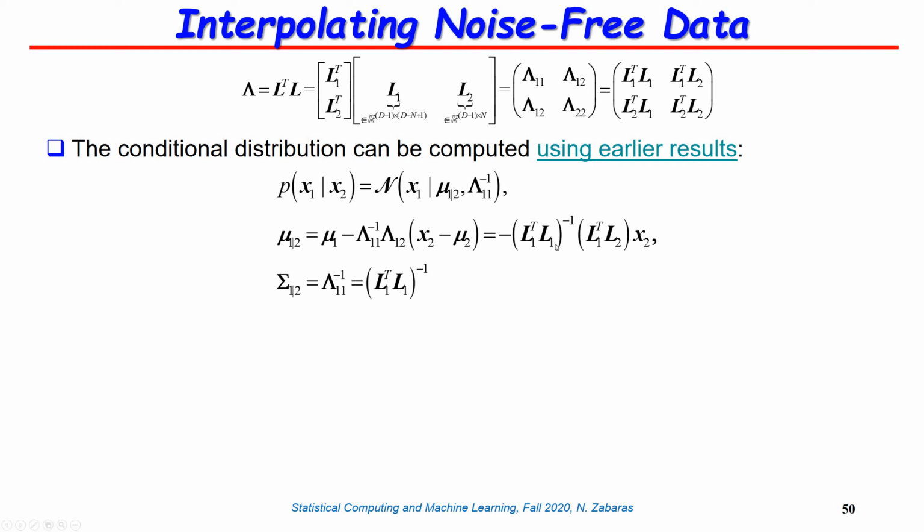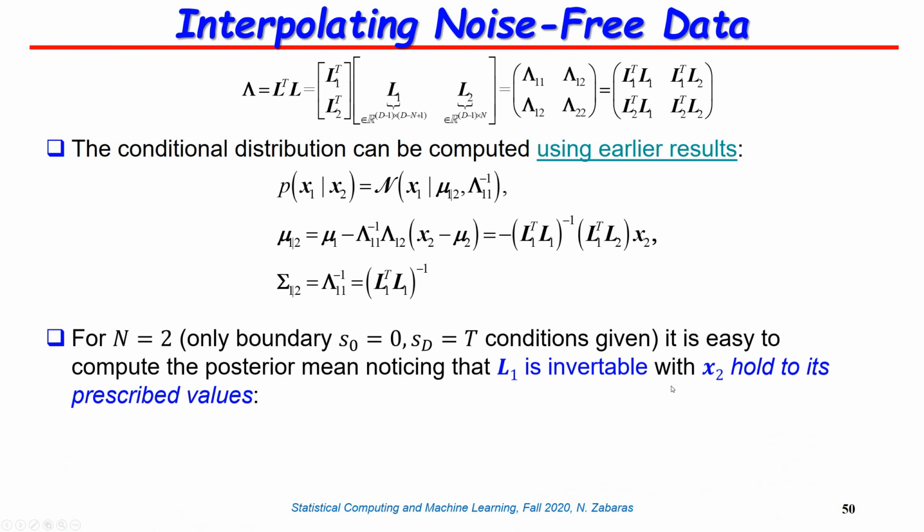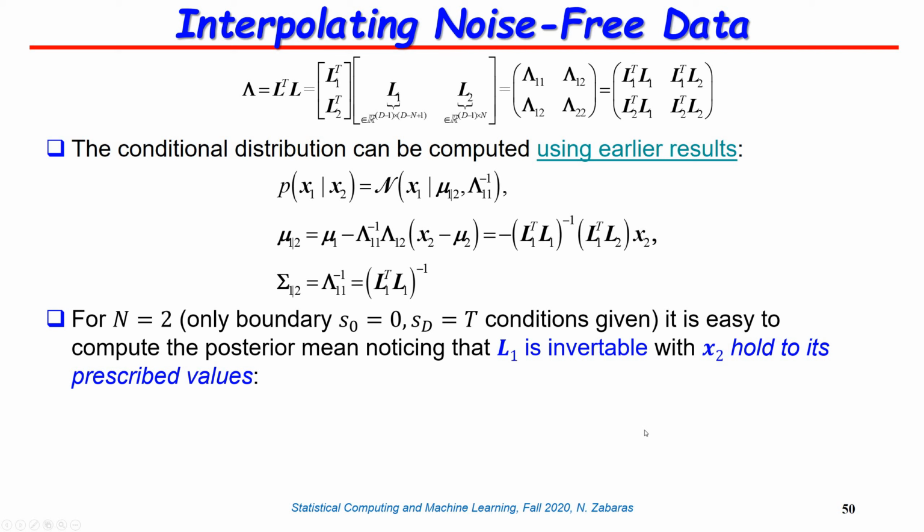Okay, if you take L1 transpose, by the way, L1 is a square matrix, it is invertible, so everything is wonderful, nothing is wrong. Now, if it happens that you have only two data points, so for example at S0 equal to 0 and SD equal to t on the left and the right of your time interval, then it turns out that L1 is invertible, and this calculation of the conditional mean can be simplified as the solution of a linear system of equations that looks like that,